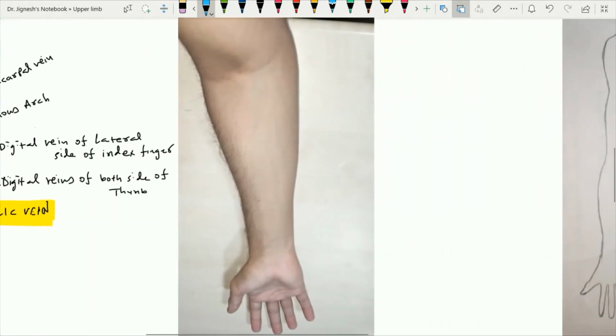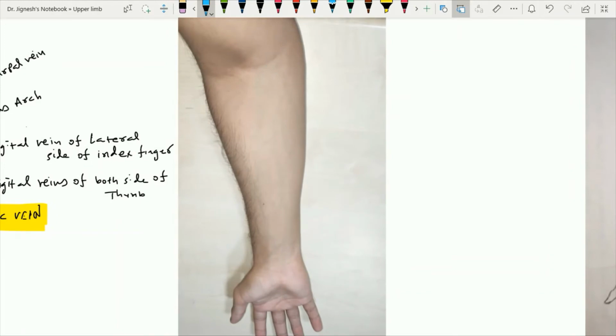So here in this figure, for orientation, this is the cephalic vein, which comes out on the lateral aspect of the forearm after passing through the roof of the anatomical snuff box, and it passes upward. The basilic vein enters the front of the forearm at the middle of the forearm, and it passes upward. Both veins communicate by one oblique vein which passes upward and medially, and this vein is called the median cubital vein.